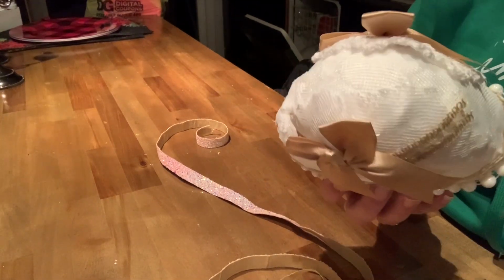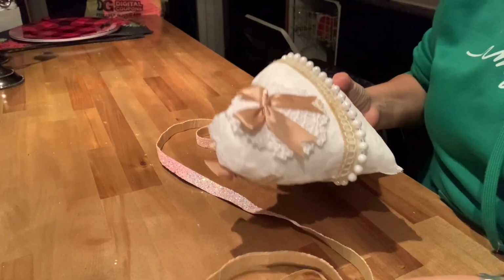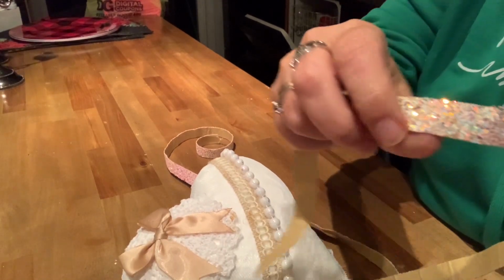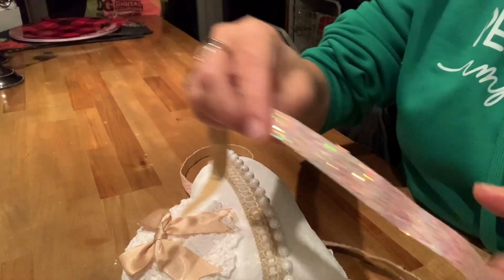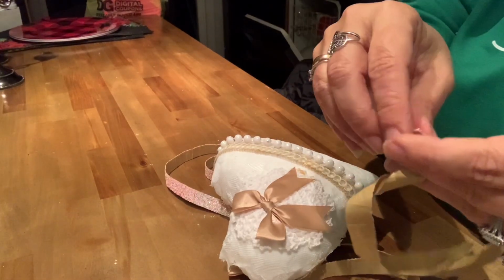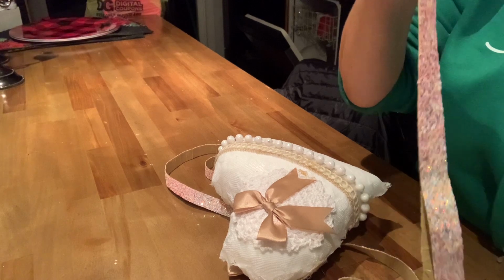Okay, so I'm happy with the way this is looking, and this is the glittery tape that I'm going to use to hide the seams. It peels off and it's sticky, but I am also going to use hot glue. And this is what I'm going to wrap around the seam in the middle to hide where the two pieces meet